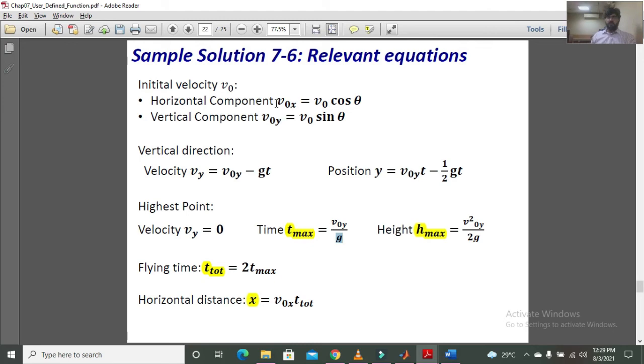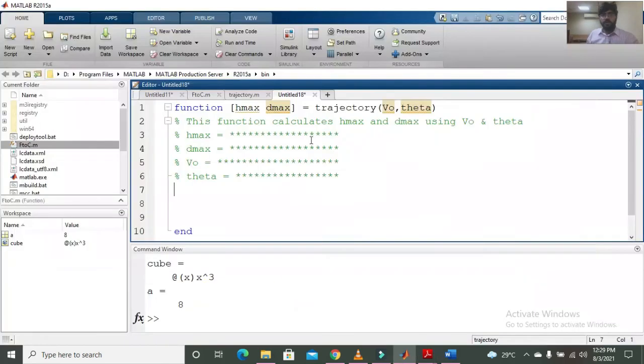So first we will have to define gravitational acceleration, which should be 9.81. Then we will define the x component of velocity, which will be v naught, which is coming from here, multiplied with cos of theta.